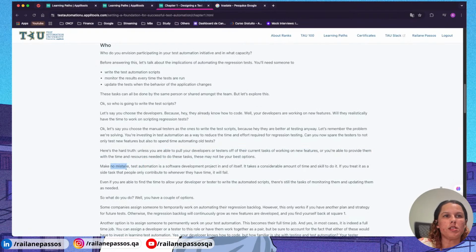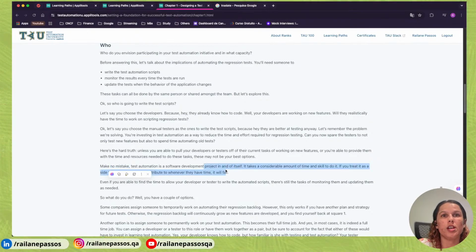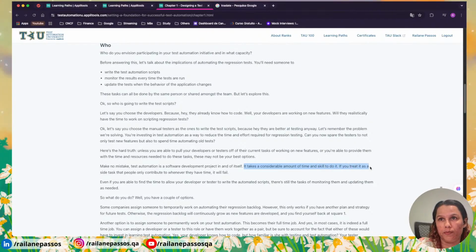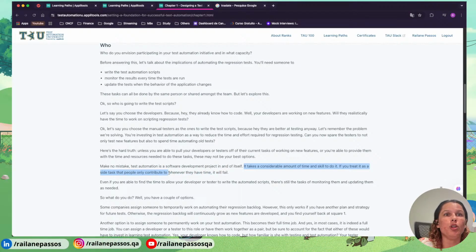Make no mistake: test automation is a software development project in and of itself. It takes a considerable amount of time and skill. If you treat it as a side task that people contribute to whenever they have time,